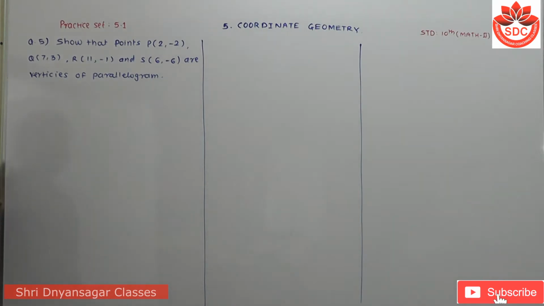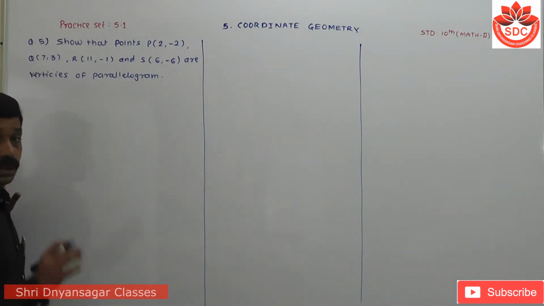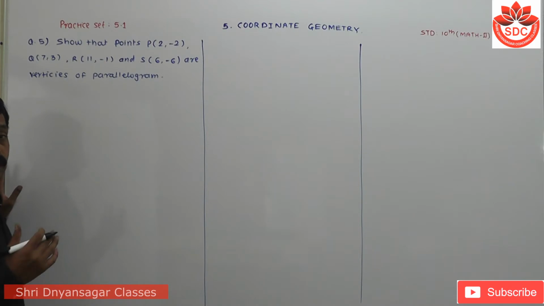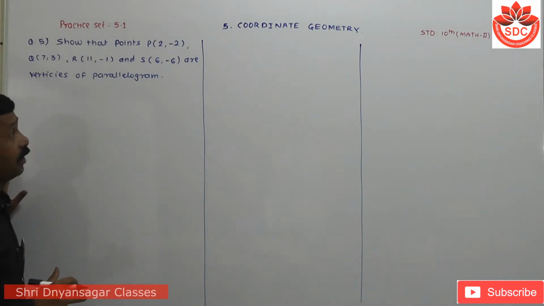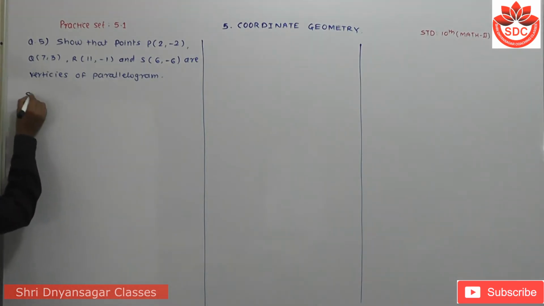Students, for this we have to show that this is a parallelogram, which means the opposite sides are congruent or equal to each other. Then this is a parallelogram. So we have to show its opposite sides are equal. For this we use the distance formula. So its solution is,